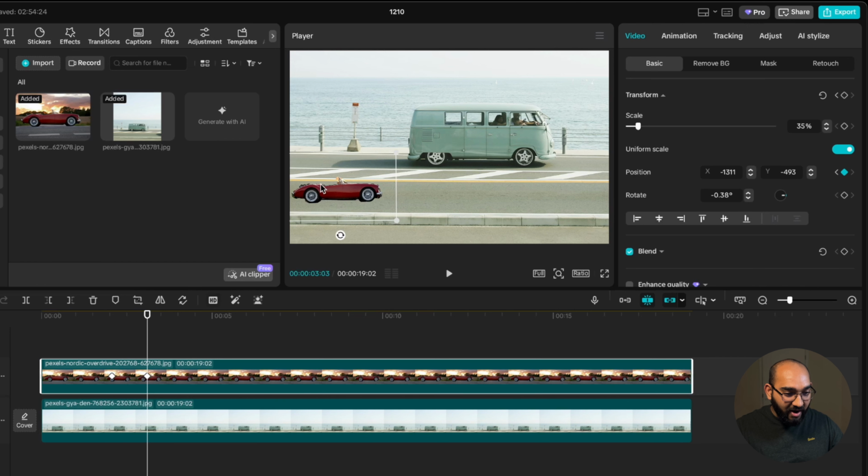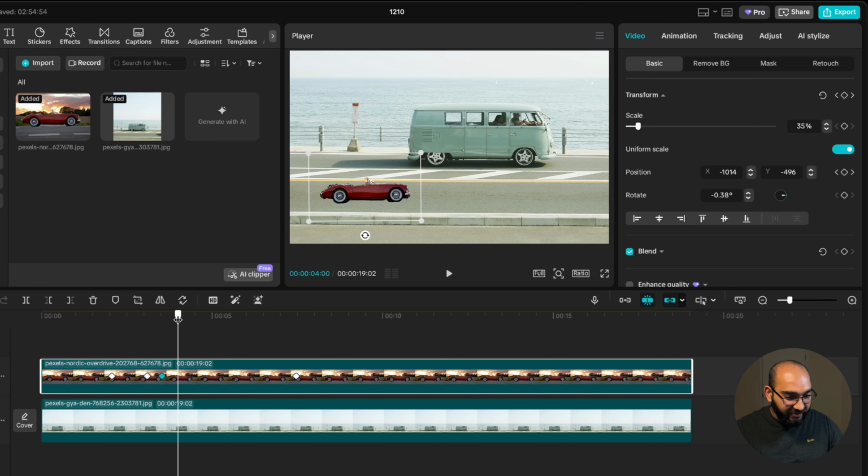All right. So after getting our car into this position, I want this car to wait for a moment. And to achieve this, we're gonna drag our pointer right here. And after that, I'm gonna click here again on position so that the car will stay till this place. And after that, now I want my car to move from here to here. So let's move it right there. And now if we just take a look,